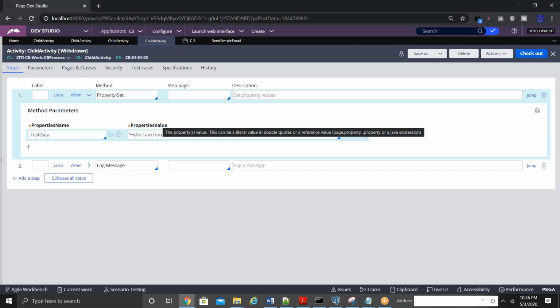Then what should I do? You have to save as this rule into the next highest version, and you have to mark it as withdrawn. So withdrawn means this rule is technically deleted. This rule does not exist anymore. So rule resolution algorithm will not consider this rule because it's like it's deleted. The rule is not existing at all. And when do you mark a rule as withdrawn? It can be a simple example like this. Let's say, for example,